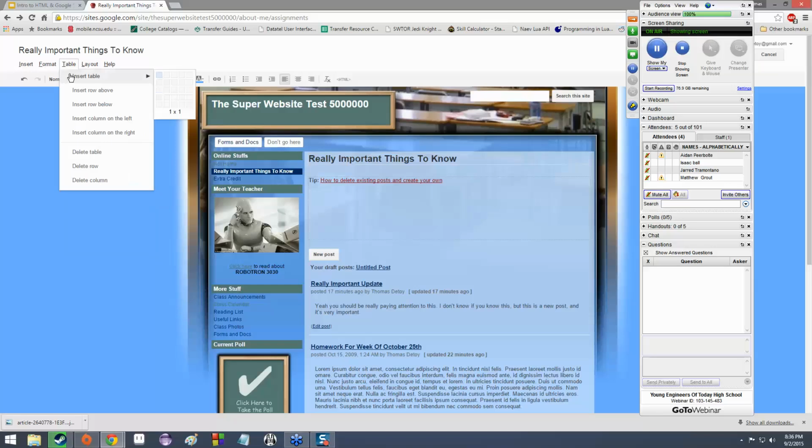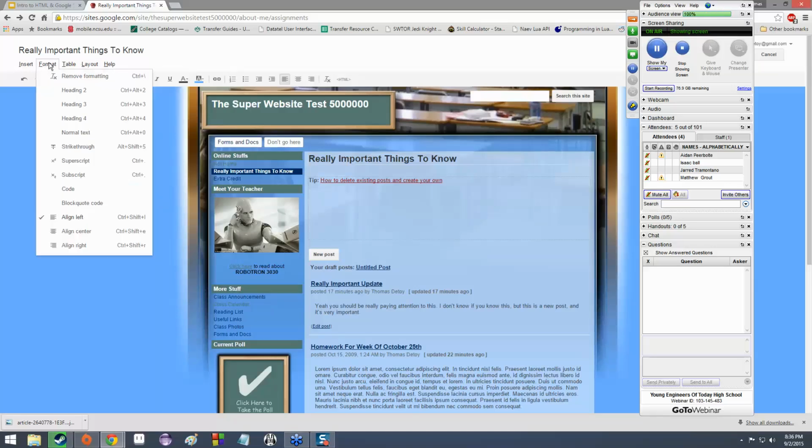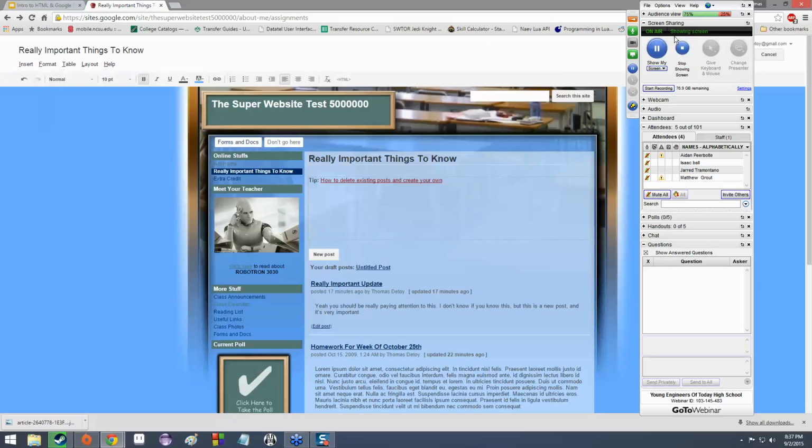Table allows you to insert a table. Format allows you to format the text. At this point, I'm just sort of talking about the individual things. If you're so inclined, you can definitely go through these on your own time and just sort of mess around